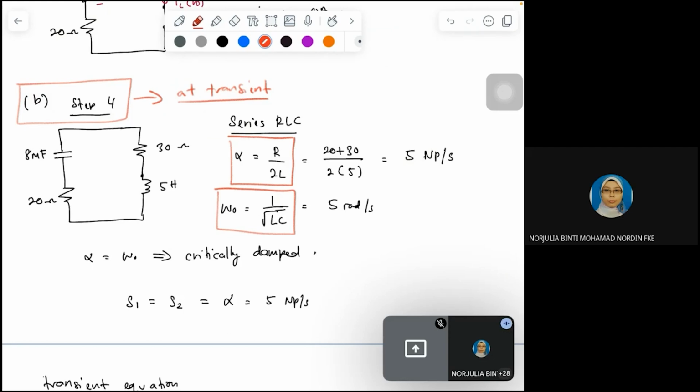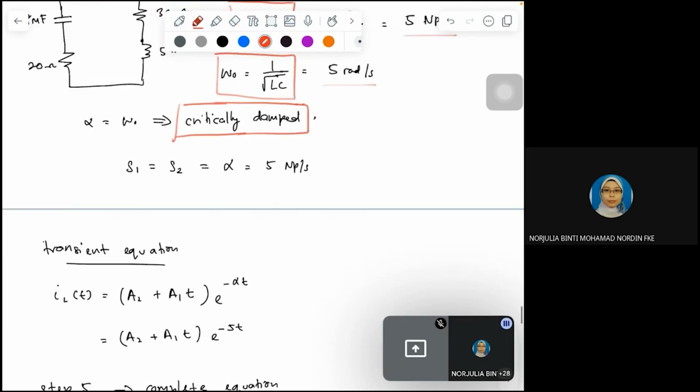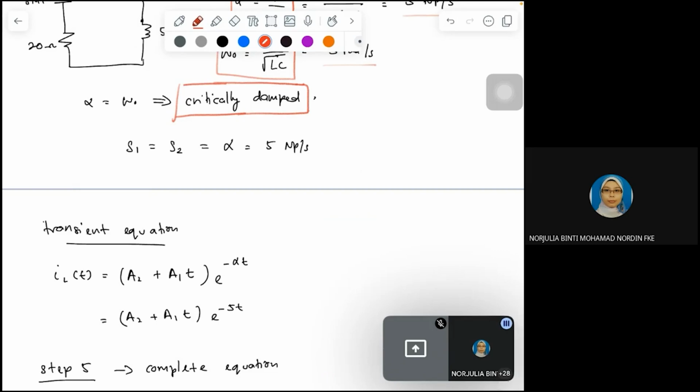Okay, then calculate the value of alpha and omega naught and compare these two elements. By comparing them, we can see that alpha is equal to omega naught. By having this condition, we know that our RLC circuit falls under critically damped, where for critically damped, your S1 and S2 are equal to alpha, and your transient equation for current